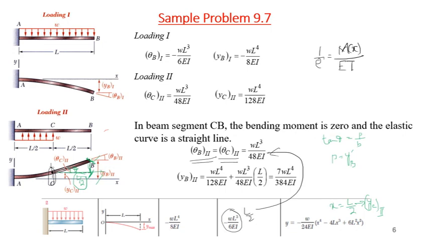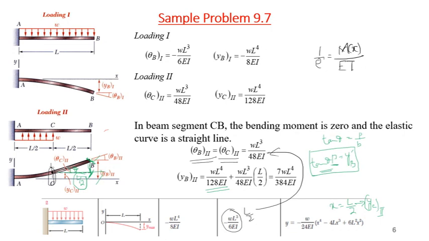So tan theta equals yB prime over L by 2, and since theta is very small, we can take tan theta equal to theta. We know this value, that is L by 2. So we have theta multiplied by L by 2, plus the deflection we already know